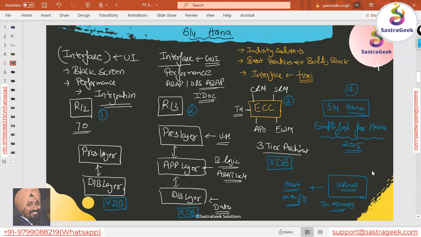Okay, all of the things which we were not able to do by using the X database system, you will see that we will be able to do with the HANA database system. Because it works very fast, it works on the fly. In the normal database, we put a lot of data only for the reporting purpose.